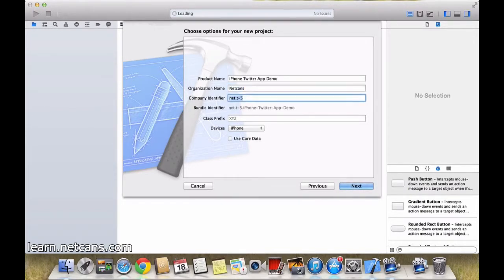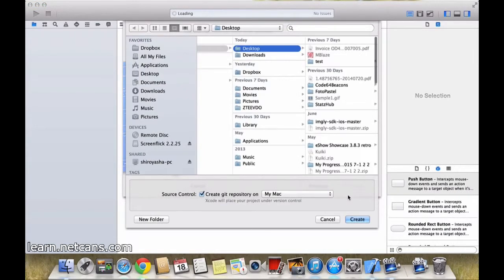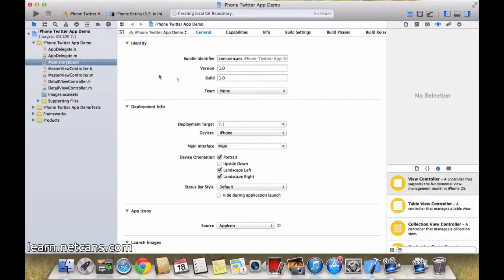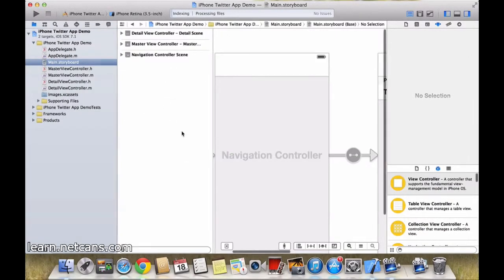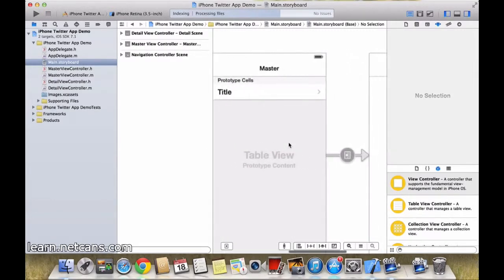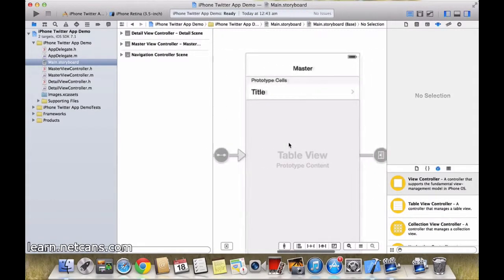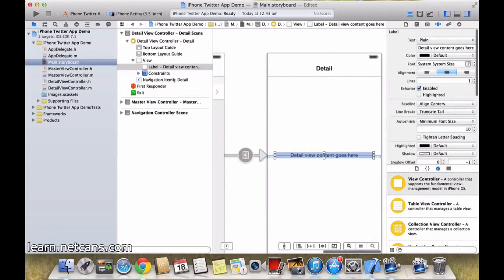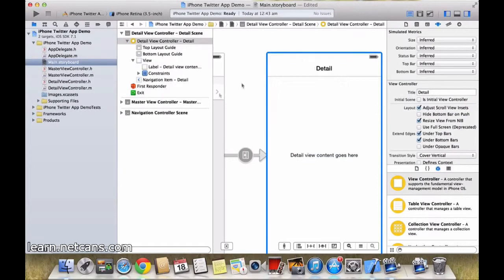This you can actually leave default, but just for iPhone. Okay, so here we have a default template, which is a master view controller using a table view. We do not need this, I think. Yeah, actually leave it.